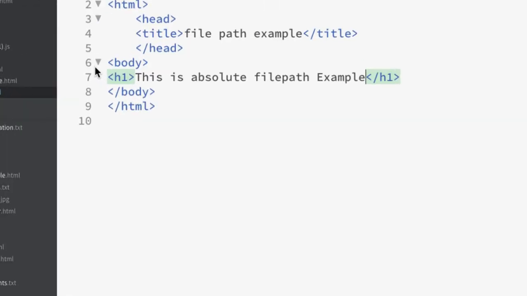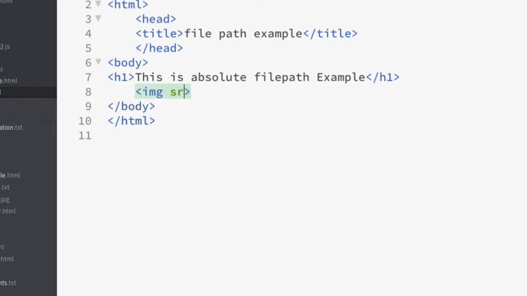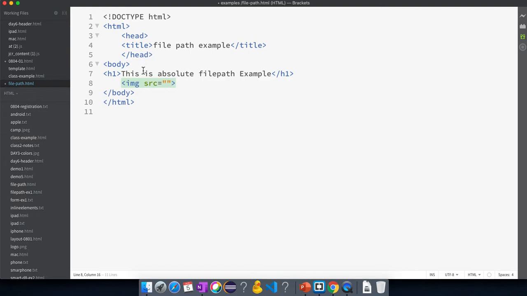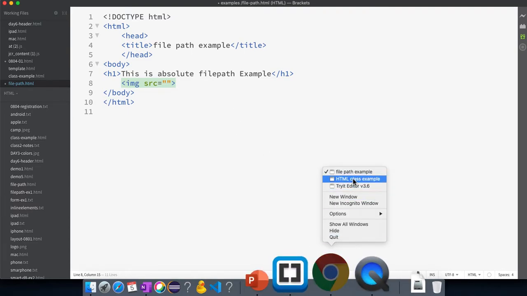Now we need to insert the image. How do we insert the image? The img is the tag we need to use, and we will use source equal to some URL. Let's say there is no image in my computer. So how do I get the image directly? If you have an internet connection,